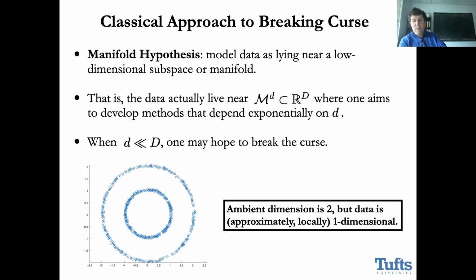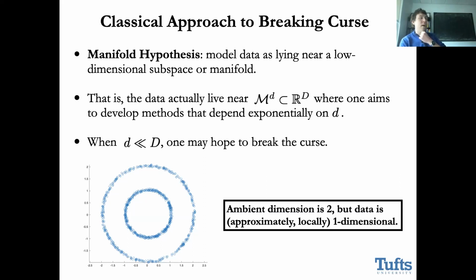I think that there are different practical explanations for this. One theoretical justification that I want to take as a point of contrast from what we're going to do is what you might call the manifold hypothesis or the manifold learning regime, which would say, okay, your data lives in high dimensions, but secretly it's low dimensional. Maybe it lives near a low dimensional subspace, or to make it a little bit more rich and interesting, maybe it lives near a low dimensional manifold, okay?